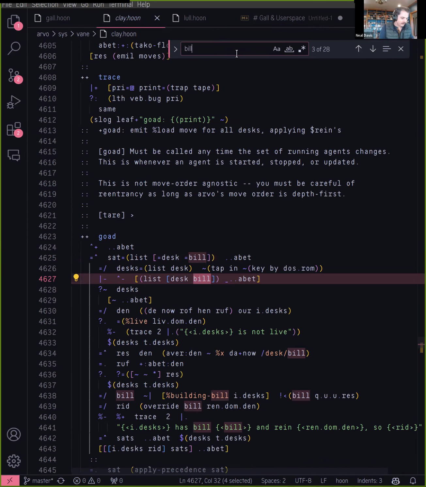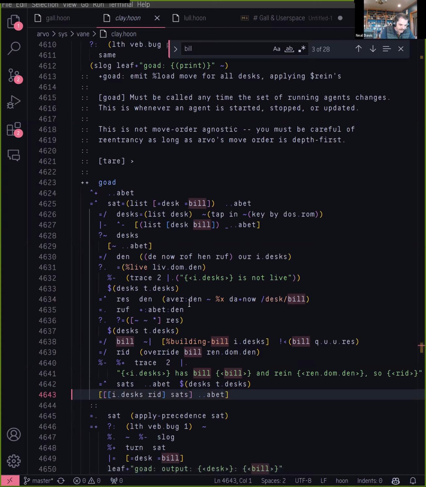Oh, there we go. So yeah, we get a desk bill from Clay. And so what happens is in Goad, once we've processed, is it live? Is it not live and everything? We're going to build. So here we're actually building desk bill with a var. If you'll recall, a var was our general file. Look at a file, give me the contents of the file. It's going to put the bill together, and then ultimately it is going to issue